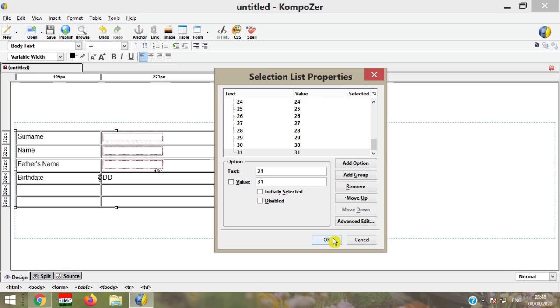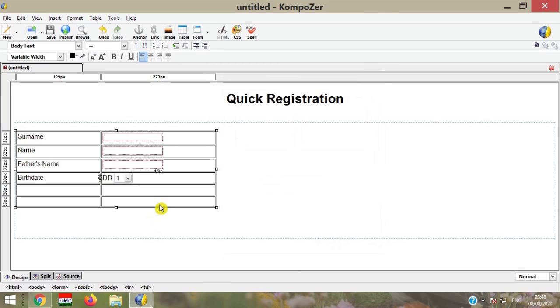Then press OK. So you can see DD for 1 to 31 numbers are available.